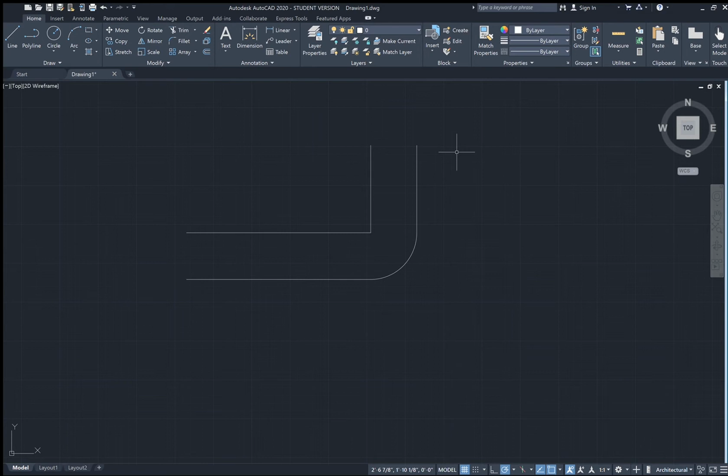Let's see. The last command I want to go over is the trim command, and personally, this is kind of a unique command. I wouldn't say it's all that useful, but it's good to have in mind. So let's say we have this line here, right? We have this line, we have this line, we have this line. Now if we wanted to just have this line on the inside without these two ends here that extend beyond our